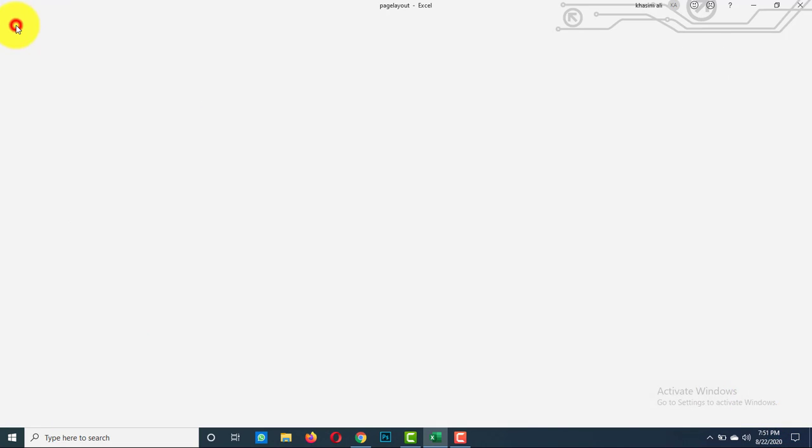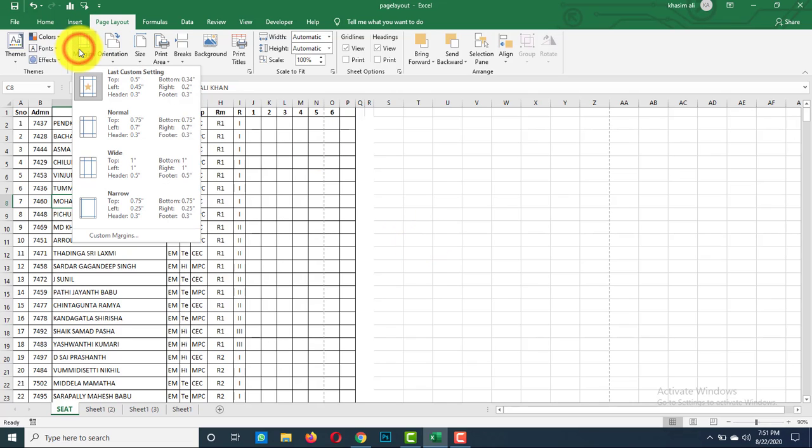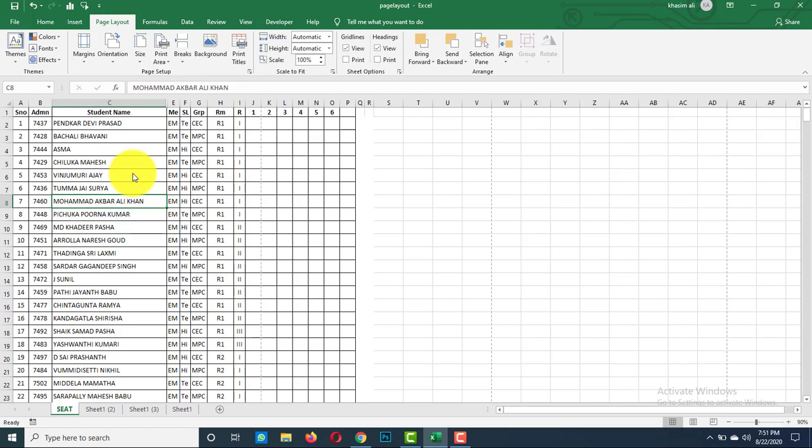Now come back. Now the next option is orientation. By default Microsoft Excel prints worksheet in portrait orientation. You can change it to landscape based on your requirement. To change the orientation, go to page setup group. Under orientation, you have two types of orientation here, portrait and landscape. Portrait means the vertical position of a page and landscape means the horizontal position of a page. You can change it based on your requirement.